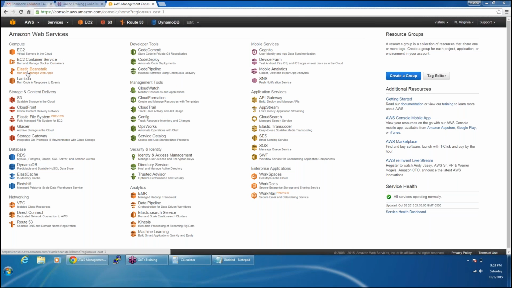And then there's another service called Elastic Beanstalk. I hope you know that if I want to host an application which is developed in Java,